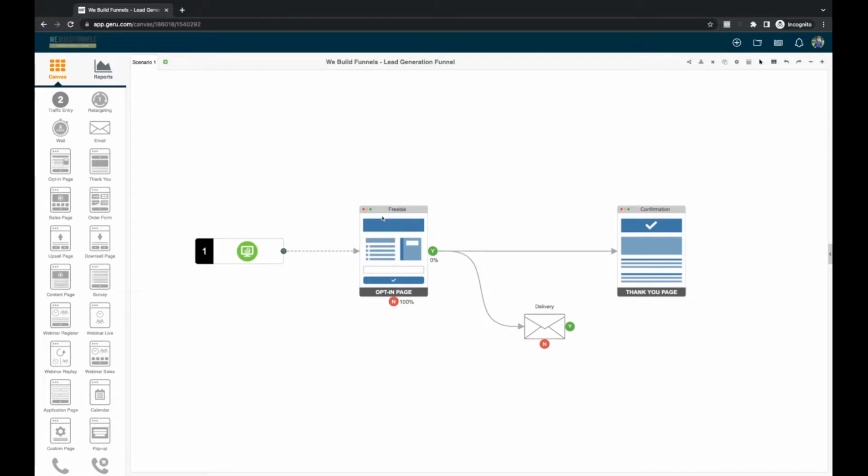Once they register, once they say they want your freebie, you want to show a confirmation or thank you page, basically confirming that they requested. What I recommend is that in here you say go check your email so that you will get your link to download whatever you're offering on an email. I strongly recommend that you do this over email, because that way you will start creating the relationship between your email system and their email system.